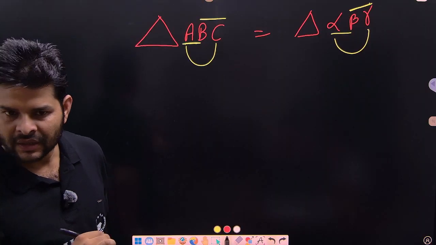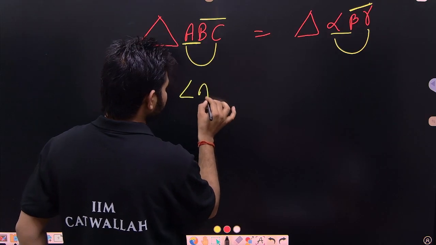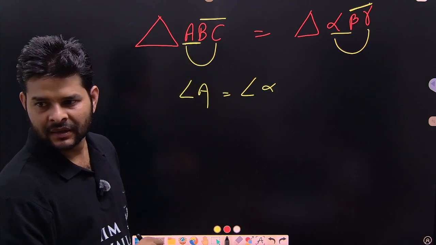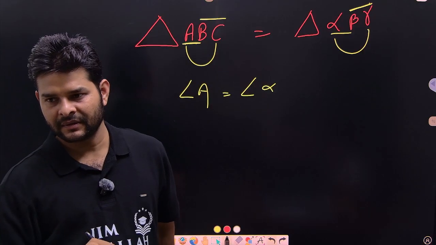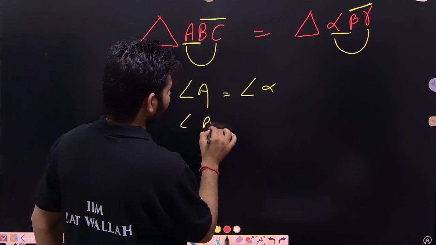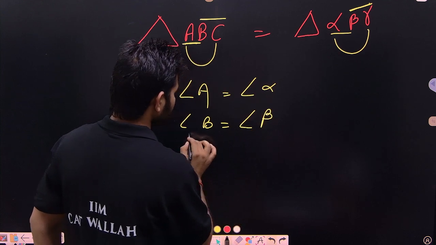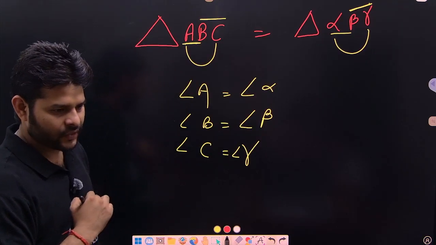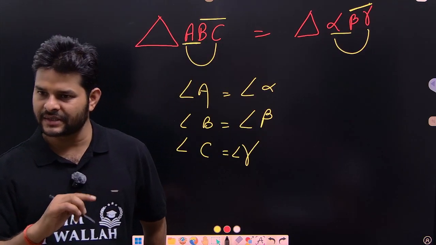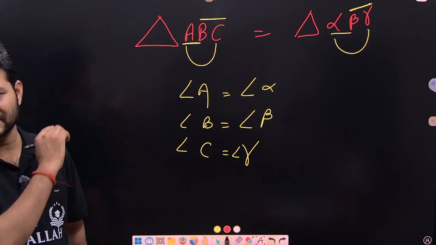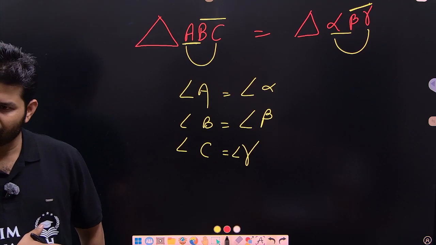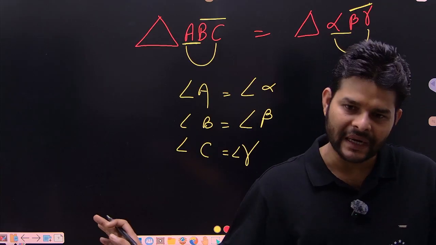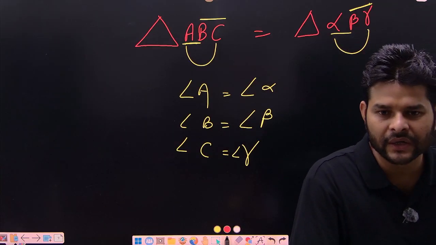They are sides. Now if I talk about the angles, angle A must be equal to angle alpha, because at the first place alpha is given, we must have it at the same place. Angle B would be equal to beta, and angle C would be equal to gamma. Why am I telling you? Because we are going to discuss the first question that has been asked in the SSC CHSL examination based on this. The question is, note it down: without drawing the figures, you can directly say whether the triangles are congruent or not.